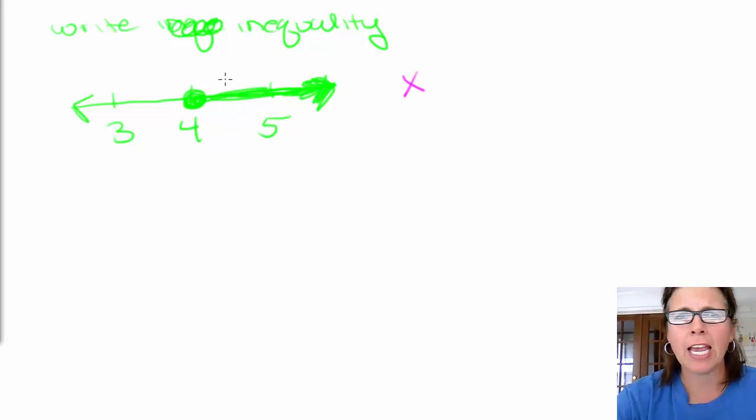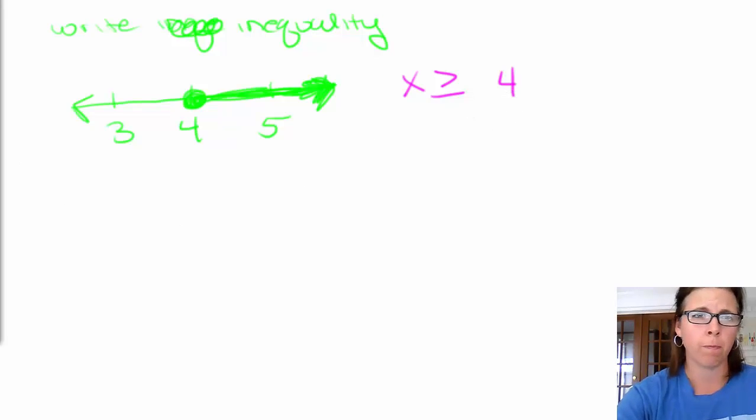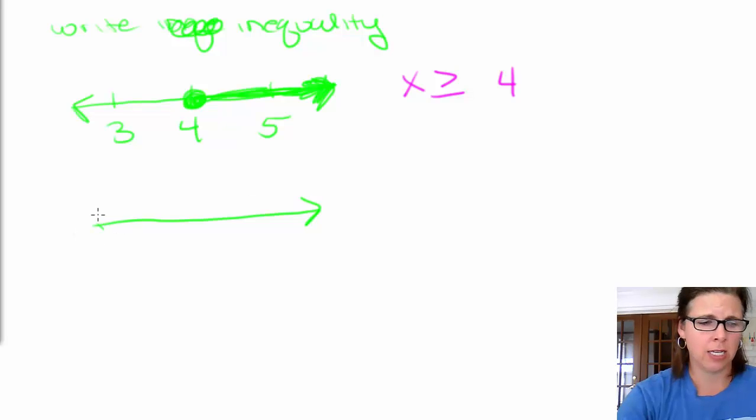What's the inequality? Okay, so it doesn't tell you what variable to use, so you can use whatever one you want. Okay, and we know it's going to be greater than, because it's shaded over here to the right, and it's going to be greater than or equal to because the circle is shaded in. x is greater than or equal to 4. Okay. Now if we did another one,